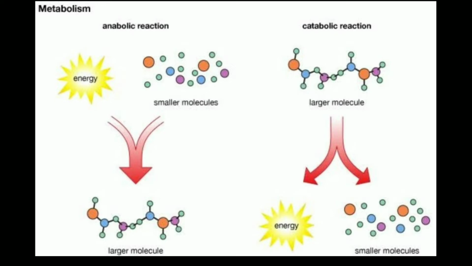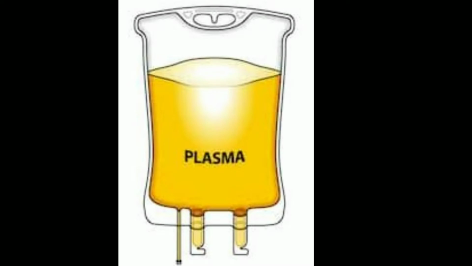Metabolic reactions can only take place if the chemicals which are reacting are dissolved in water. Water is an important solvent. This is one reason why water is so important to living organisms. If their cells dry out, the reactions stop and the organism dies. Water is also needed for other reasons. For example, plasma, the liquid part of blood, contains a lot of water, so that substances like glucose can dissolve in it. These dissolved substances are transported around the body.